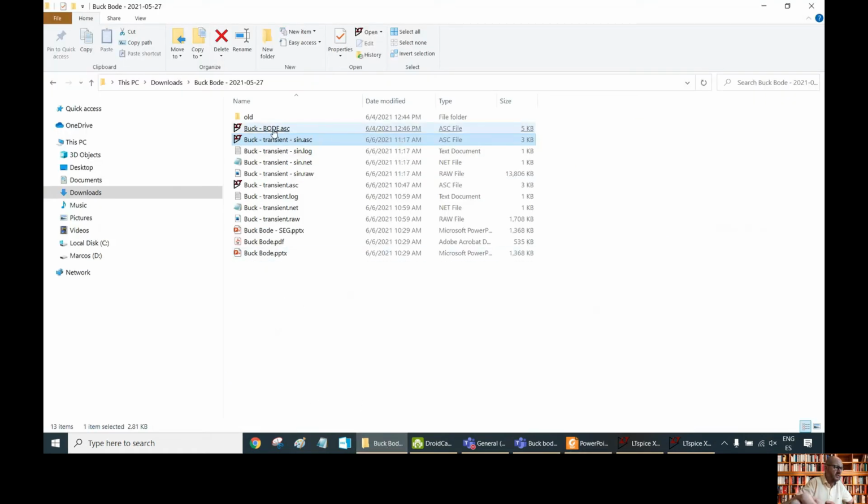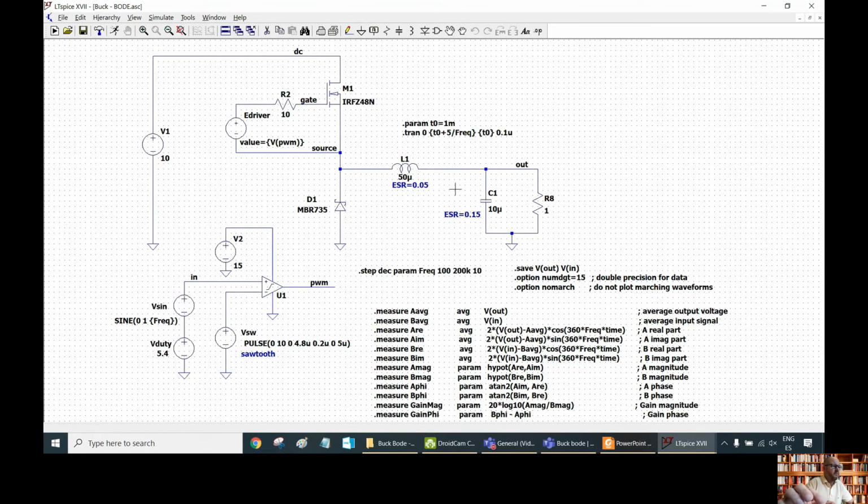For this I have this file here, and you can see that it can be more complicated to obtain the frequency response and the Bode diagram in LTspice than in other simulators, but the advantage here is that we have full control of what we are doing, and this gives us much better insight of what we are doing, and we can also understand better how